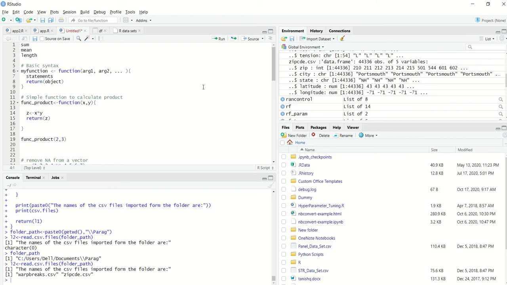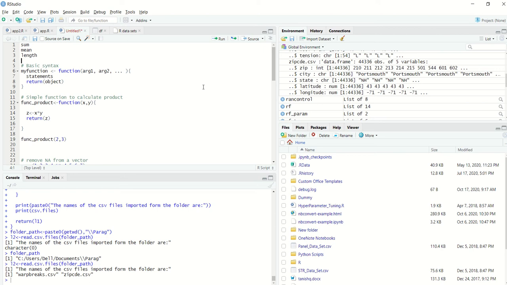But let's say there are certain conditions where these inbuilt functions are not sufficient. Let's say I want to do certain functionality that is outside the scope, and I want to create a function that meets a certain specific requirement. So in that case, we'll create a user defined function. In this video, we'll look at how to create a user defined function. We'll look at very basic examples to gain a better proof of concept.